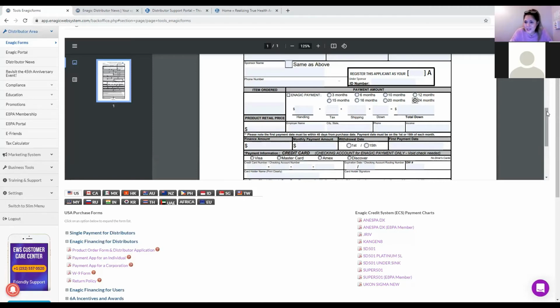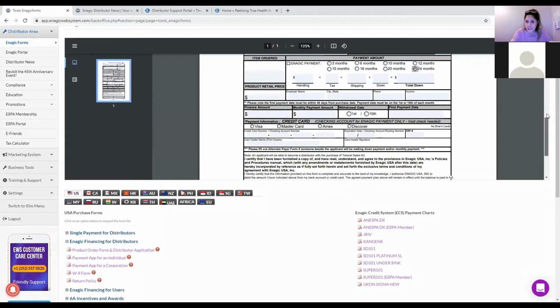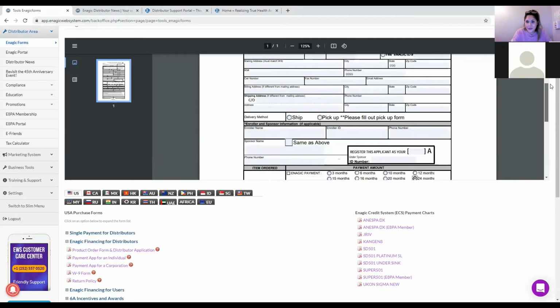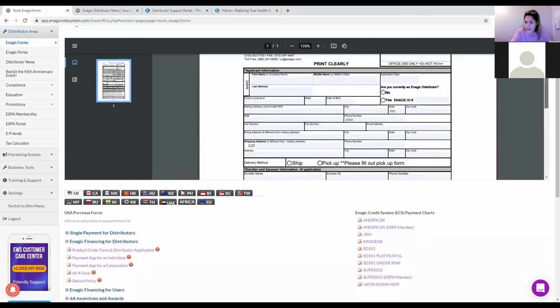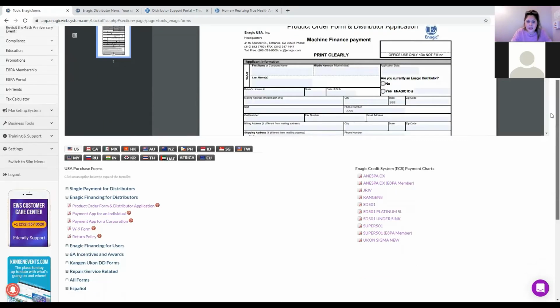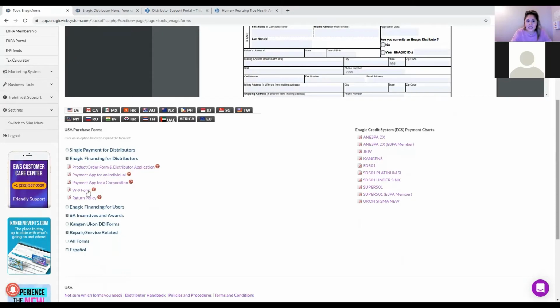Then you would ask for their credit card information. All right, what would you like to use? Visa, MasterCard, Amex, or Discover? And then you would just fill it out, have them sign it. Really is that simple, you guys. Shipping, make sure shipping address is all there, all good. And then for the application, you would submit the actual application, the W-9,